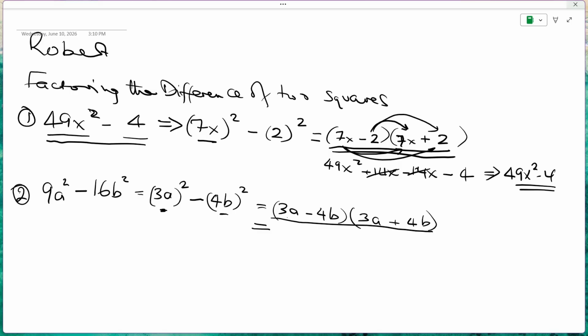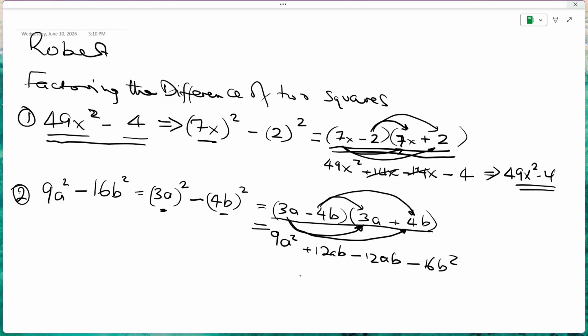So when you try to multiply it out using the FOIL method, this becomes 9a squared. And then 3a times 4b will be positive 12ab. And then minus 4b times 3a will be minus 12ab. And then minus 4b times 4b will be minus 16b squared. And you can see that these two will cancel out. And finally, we'll have our 9a squared minus 16b squared. So